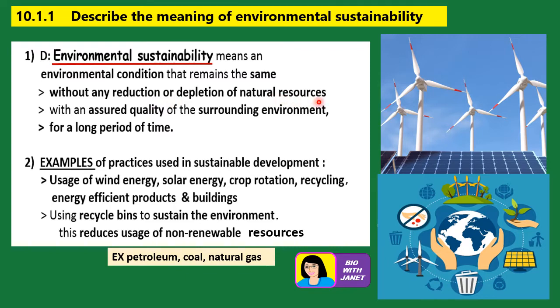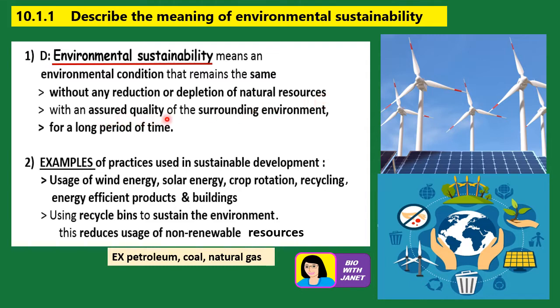So our natural resources include water, fossil fuels such as petroleum, coal, and also the forests. All these are our natural resources. So there should be no reduction or depletion in this. Okay, and we should protect the forest so that we don't damage it or destroy it through deforestation. Okay, and even if the trees are chopped down, they must be replanted as soon as possible.